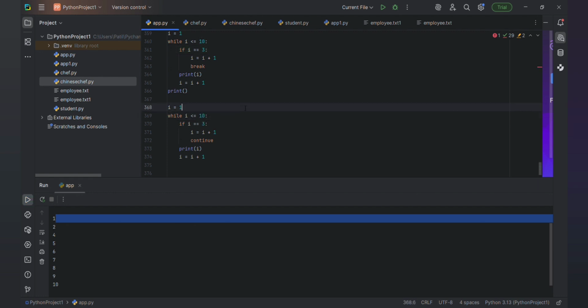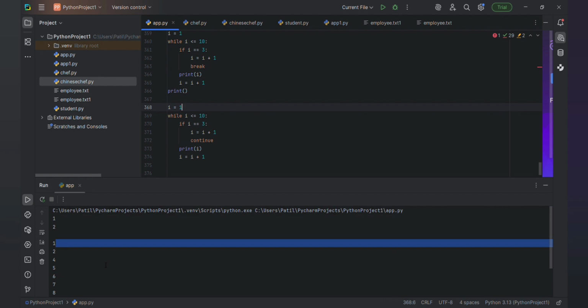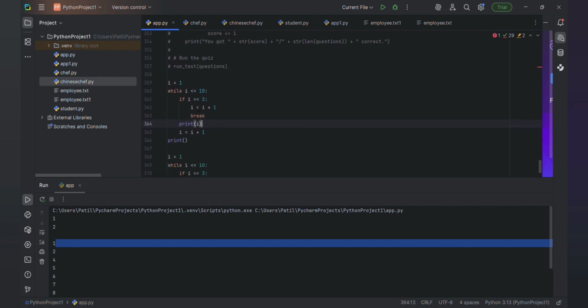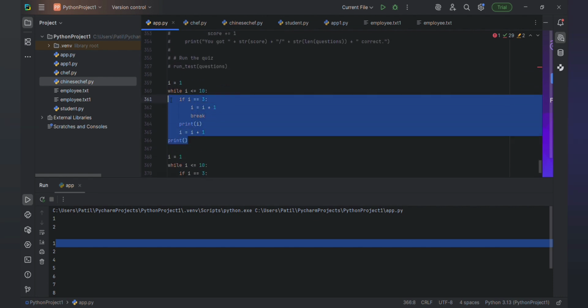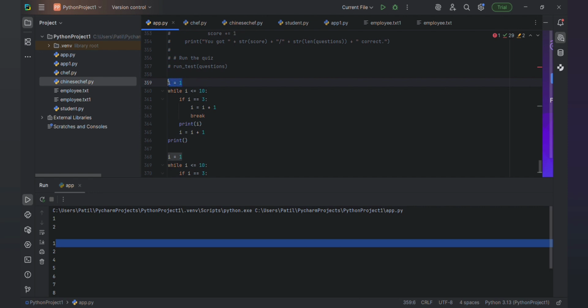Like we are specifying, up to 10. So this is the difference. If they ask the difference, you have to tell it by giving an example. See here what is happening. I'll explain the code. This is for the break. How will it work? I is equal to 1, while I is less than the limit. It will check if I is equal to 3. So I is not equal to 3, it will not enter here, it will print I.